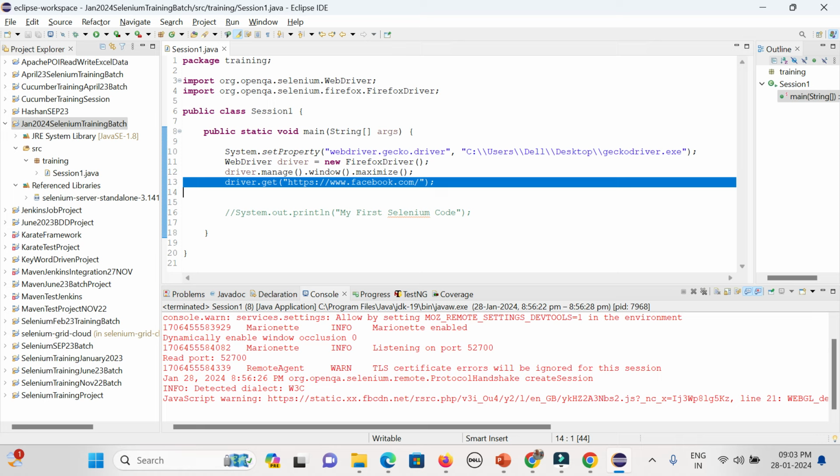No, no. Most of the Selenium methods available are from the WebDriver interface only. Just like maximize, just like get, all the methods come from the Selenium WebDriver interface. That is the reason you are creating an object or instance variable, and with the variable you are calling all the methods from the WebDriver interface.